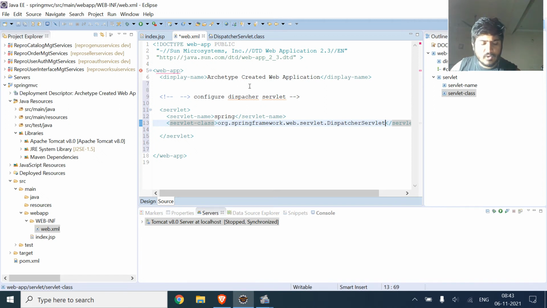So now we have got the class name, and simply what we will do is, right now the servlet is declared.